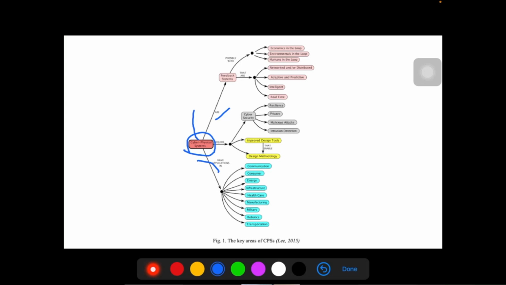Cyber physical systems are feedback systems, possibly with human in the loop, economics in the loop, and environment in the loop. So three aspects. So if you see the statement here, the diagram, the statement I have given is CPS are feedback systems,